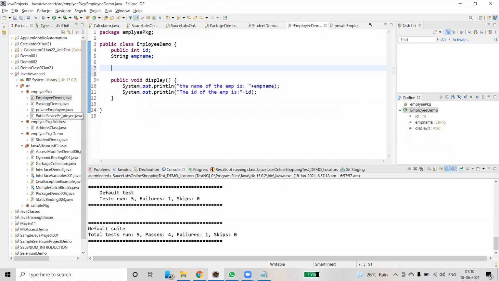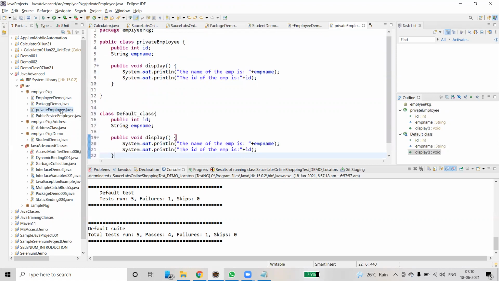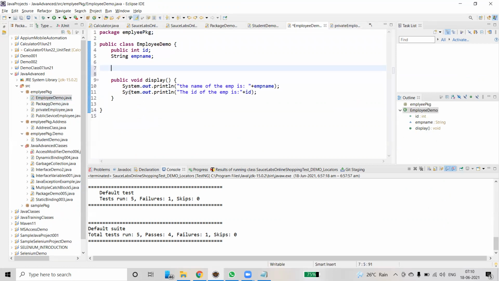Okay, what is the object actually? Just go to private employee. So copy this default class, Control C. Okay, how are we able to access this class?